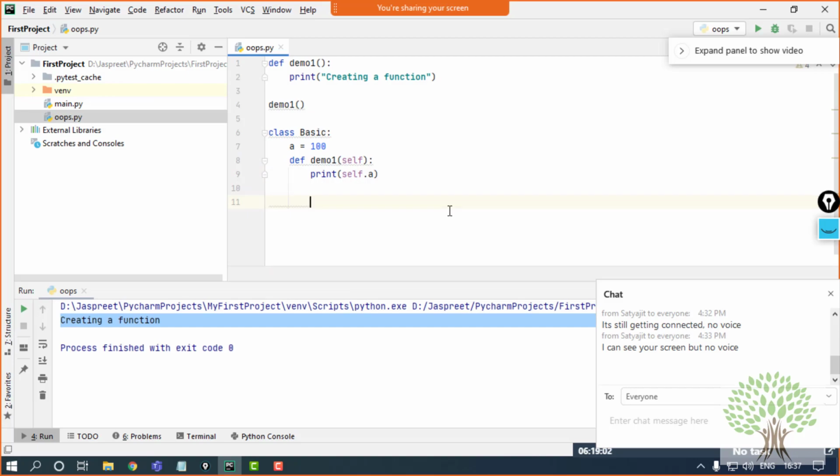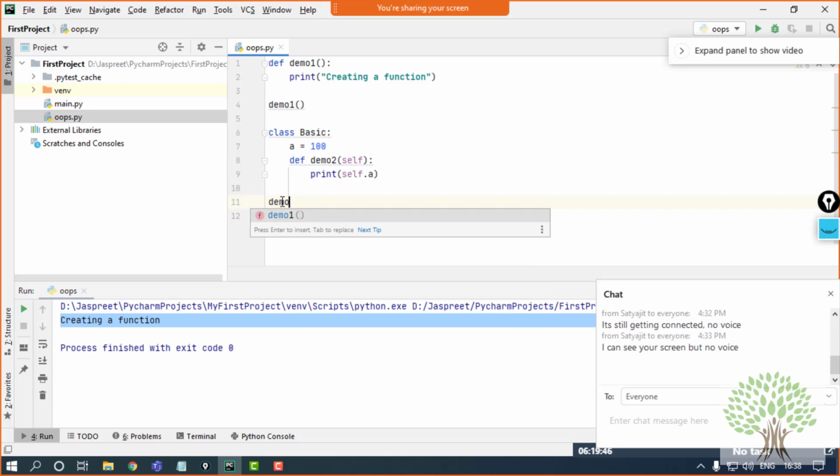Now, this is what I just want to show in the class. I just want to use this class this much. And after that, I just want to call this class to see the output. Same way we have done for the function, the same way we will be doing for the class. For the class name, basic. Now by this particular syntax, we have created an object for my basic class. Because without creating the object, I won't be able to access this demo1. I'll name it something else. I name it as demo2 to show you that if I have not created this object, I am trying to access the function demo2.